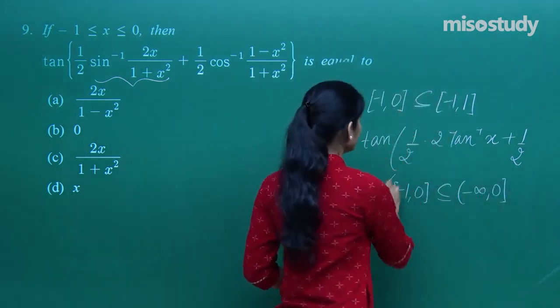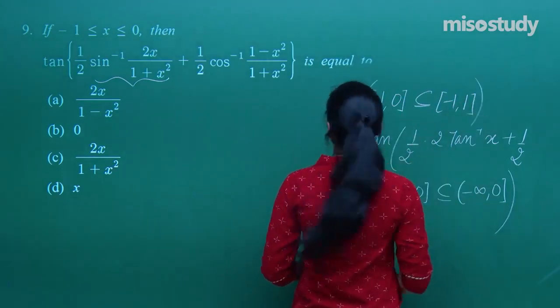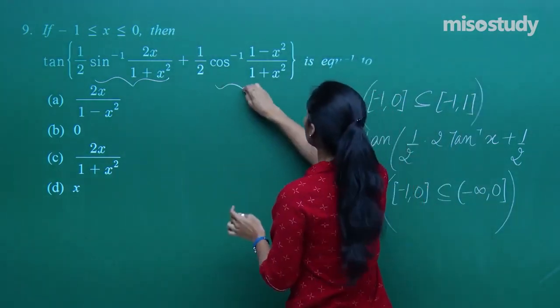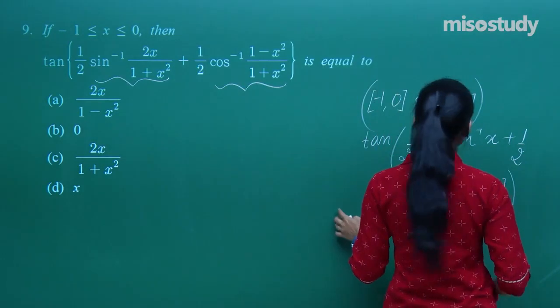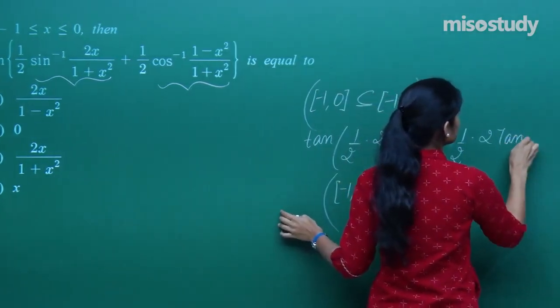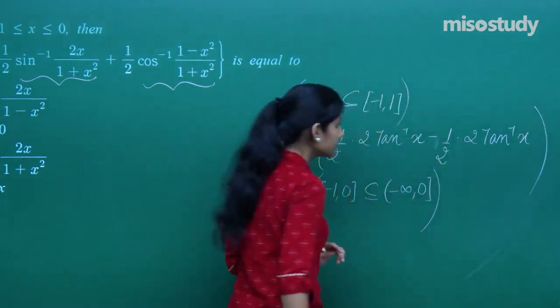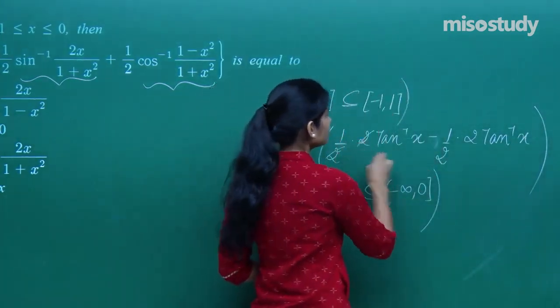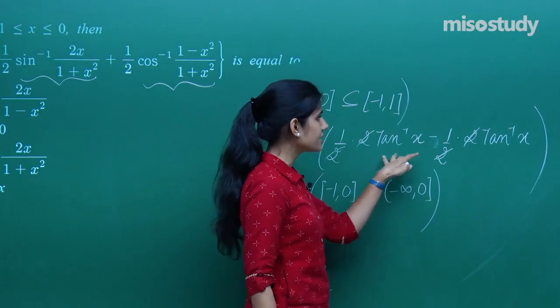So I can again very easily replace this cos inverse of 1 minus x square upon 1 plus x square by minus twice of tan inverse x. The moment I am able to do this, I basically get